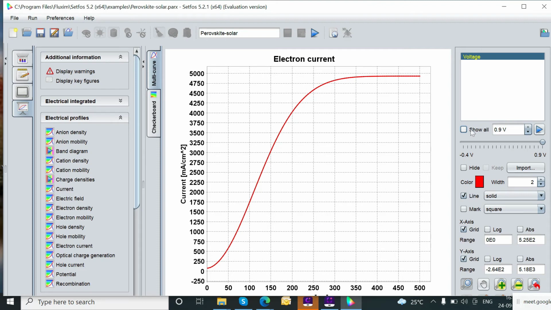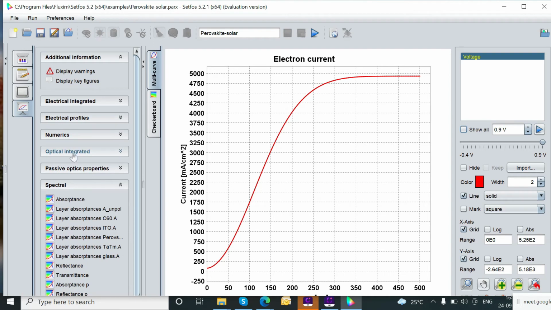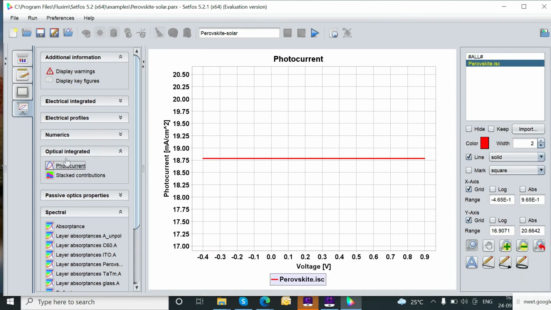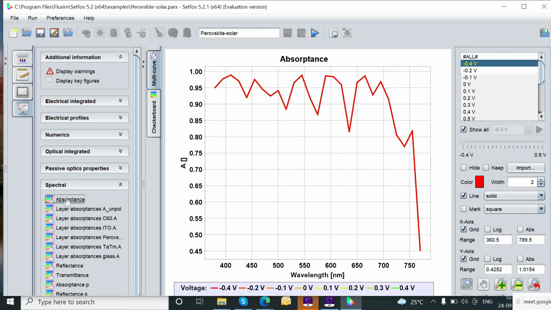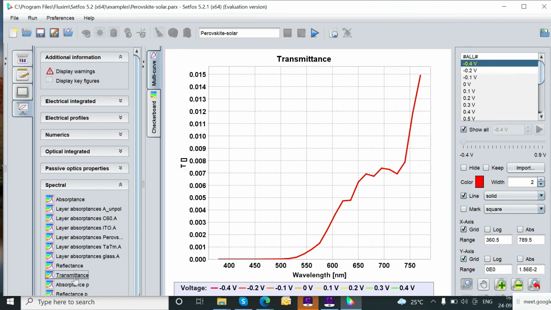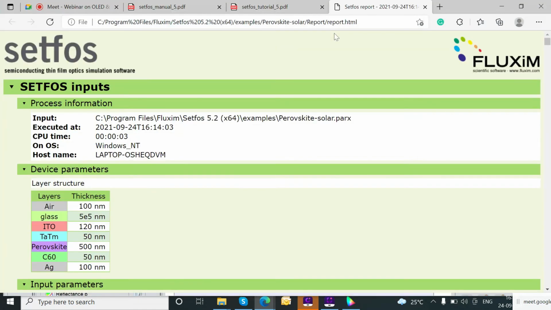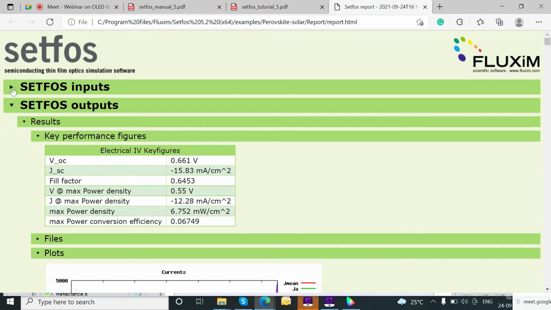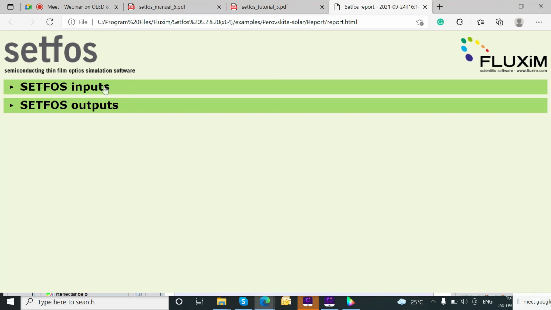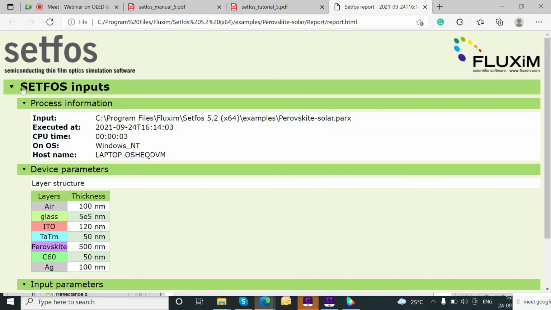And similarly, all these outputs are there, either you can check them in the multi-curve or in the checkboard form. This is in the checkboard. So I will click on this checkboard button, and you can also check it in the checkboard. And this is the electrical current analysis with different voltage biasing. As you can see, the biasing is once applied. Now how the graph is changing from